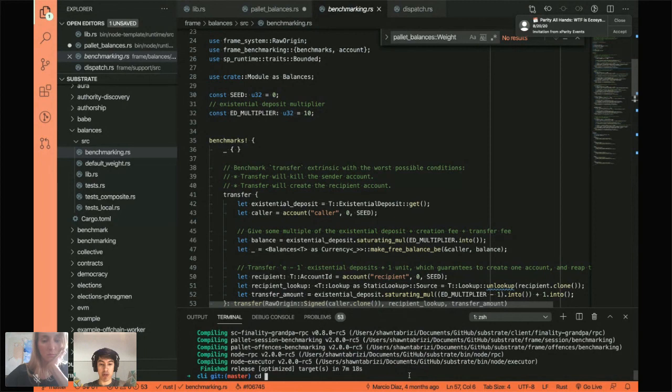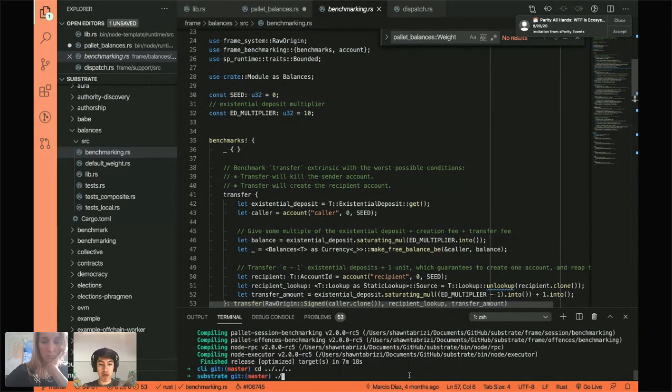And so let me go to that binary. So I'll do target release node. I think it's Substrate, actually. Substrate. Benchmark is the tag for our benchmarking pipeline. And then I can do something like pallet balances, extrinsics. I can do all of them. I think it's just singular. And I can do output. And there are other flags you want to type in.